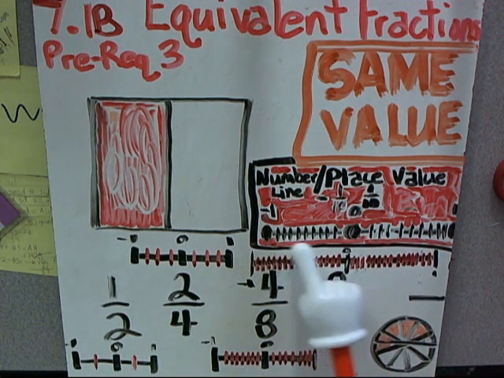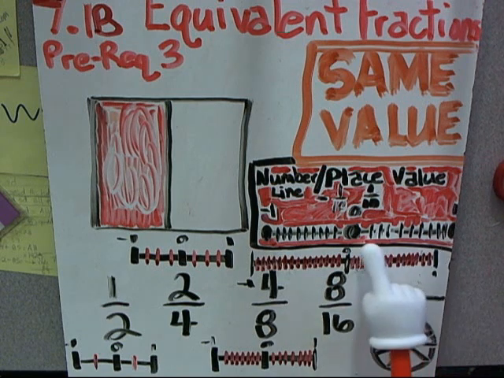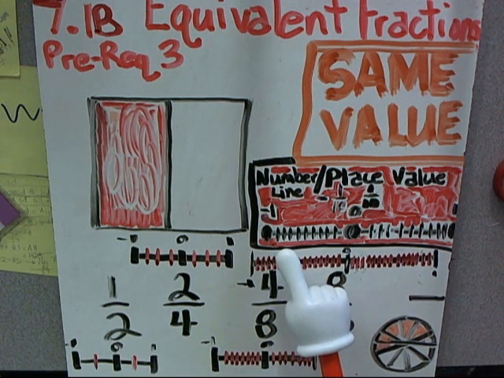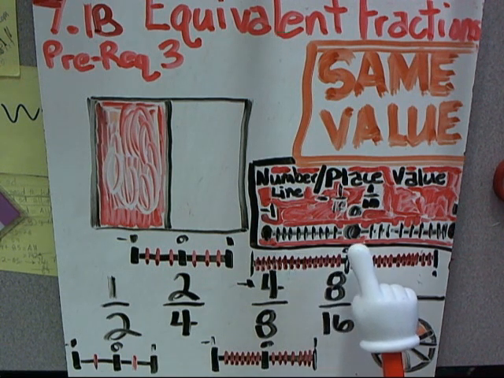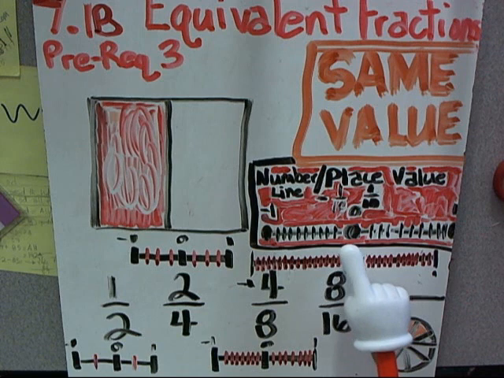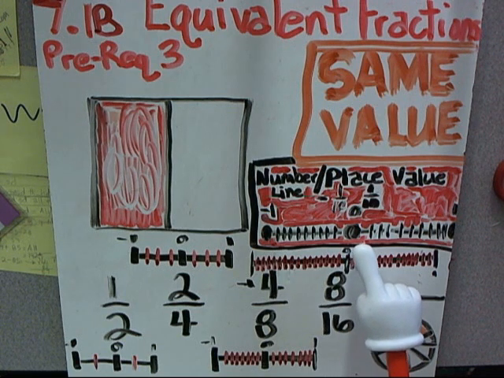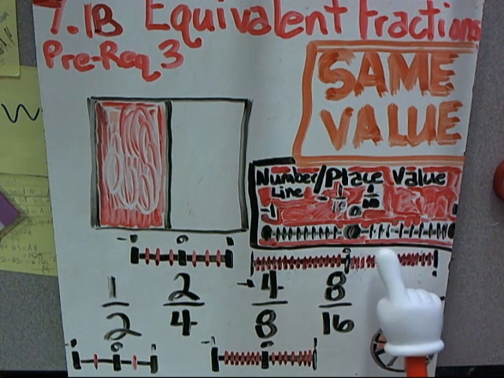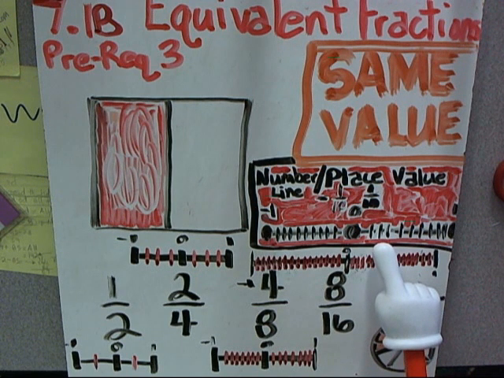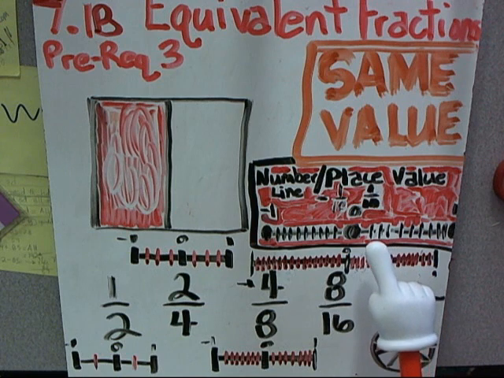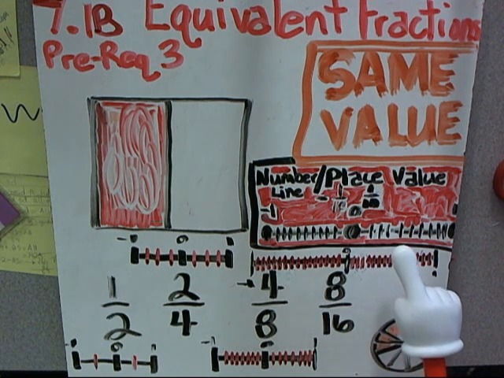Right here we have the number line. Remember from the 7.1b prerequisite number 1 that we talked about, the fractions in the number line that are less than 1 are in multiples of 10, because of the way that the number line system has been set up. Remember, each place after the decimal has